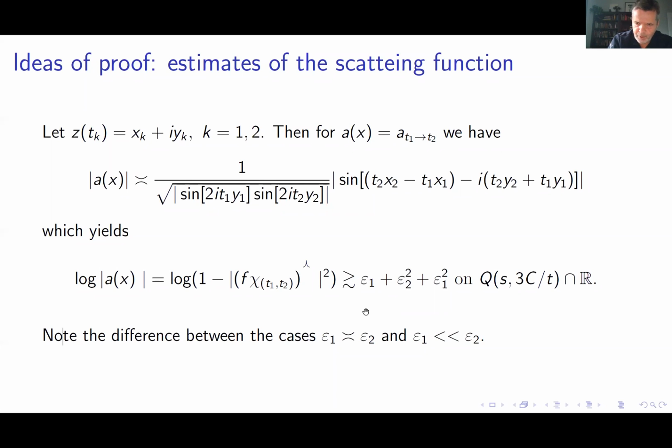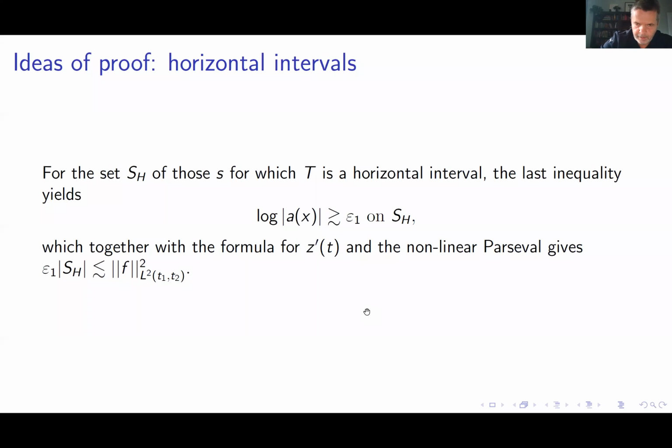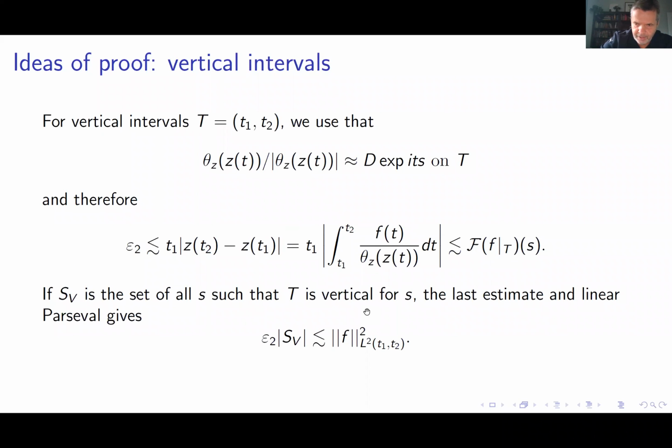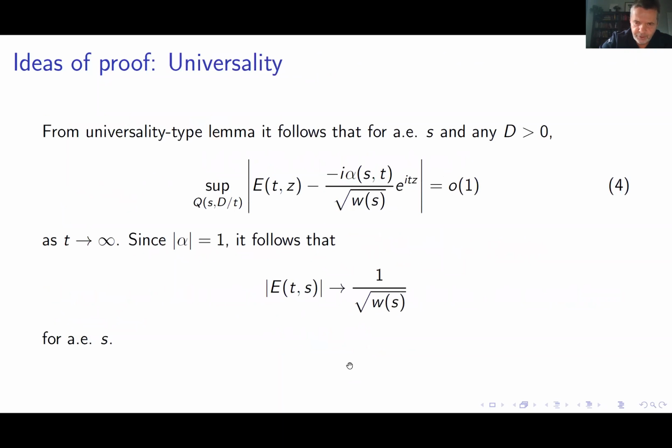And so in the case when the resonance moves almost vertically towards S, I needed a completely different estimate. Surprisingly, in this case, the main ingredient was the classical linear Parseval identity. So for the horizontal intervals, it was the nonlinear Parseval, and for vertical, linear Parseval. But in both cases, you can prove that the displacement requires too much of the norm of F, and eventually prove that the resonance cannot approach the real line except at the zero set of points, and eventually use our